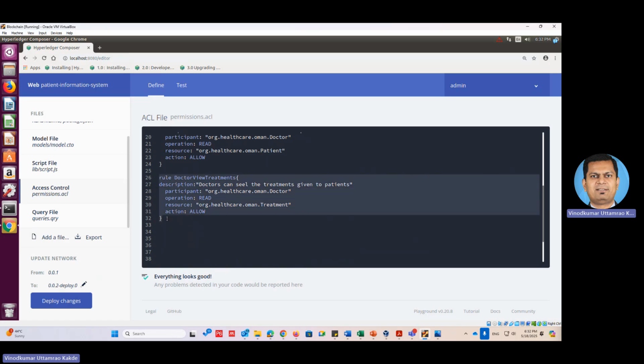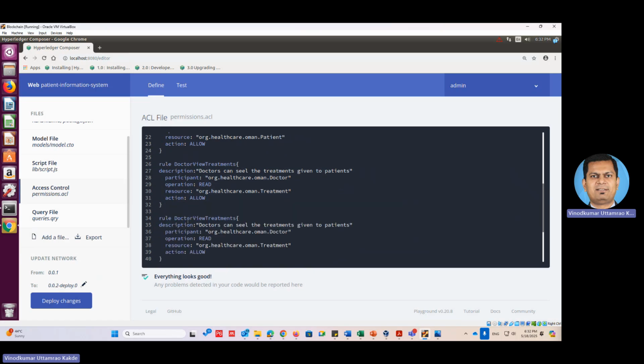So the doctor is going to prescribe the medication. So let's add the doctor create treatments. Okay, so let's say doctor, now not view, we want to create treatment. Doctor create treatment. Okay, doctor can add treatment details. Just say doctor can add treatment